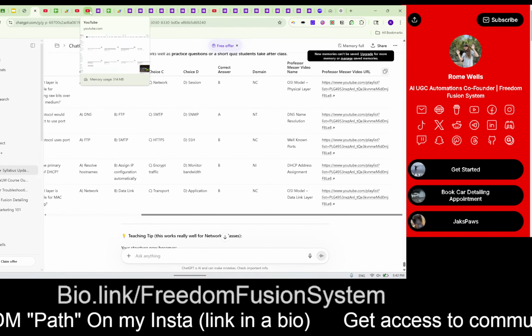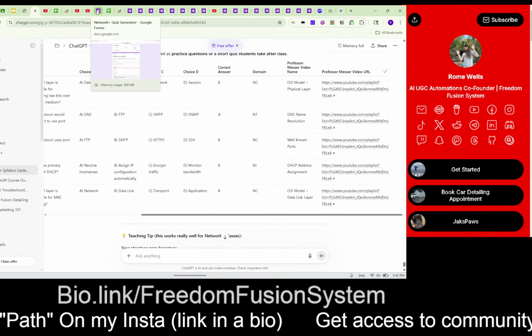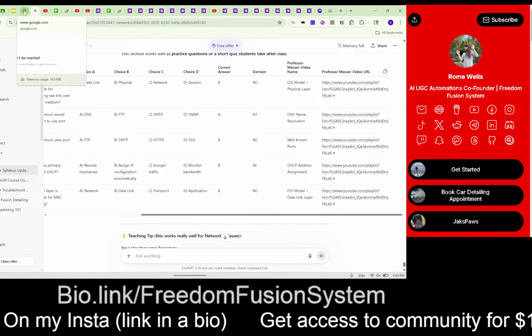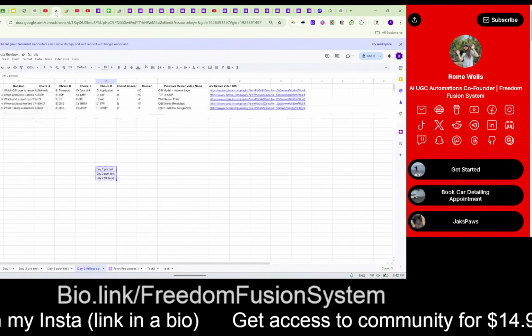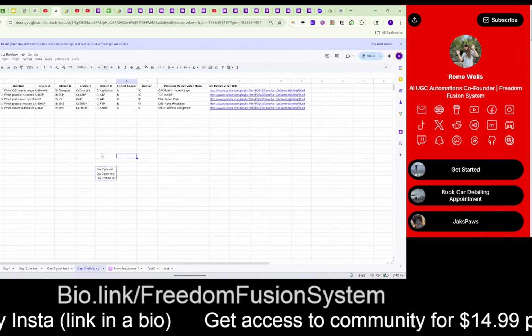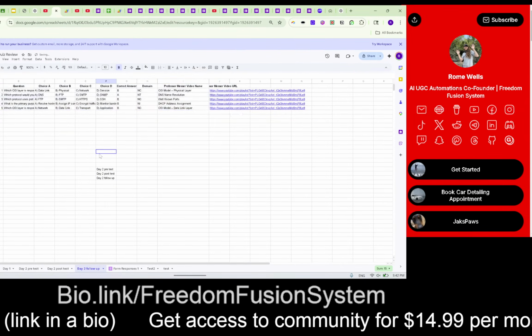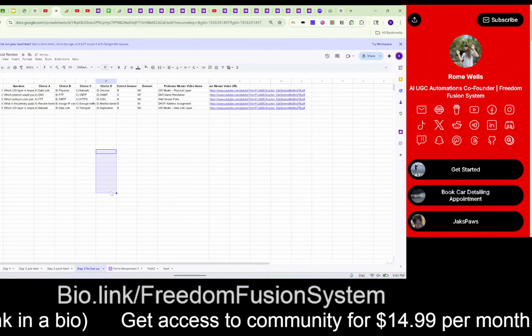Of course, on a real test there's going to be a lot more questions, but you don't want to overwhelm students too much. And we want to do this in the right balance without